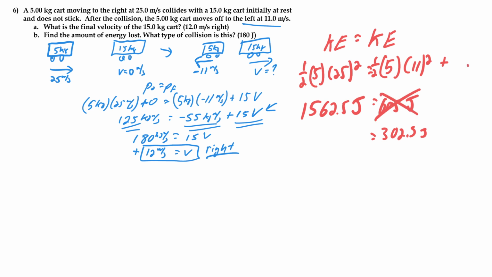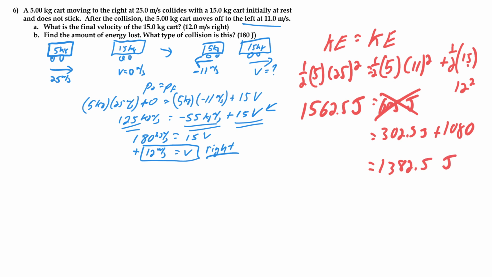Okay, the second one is going to be 1/2 times 15 times its velocity that we just calculated, right? 12 squared. So 0.5 times 15 times 12 squared is 1080. So notice the second one has 1382.5